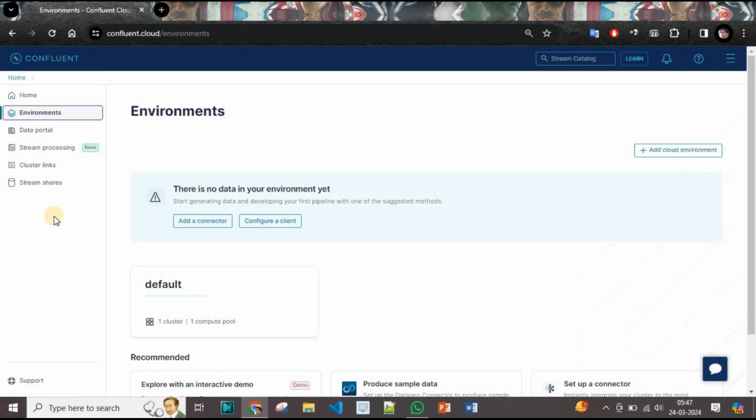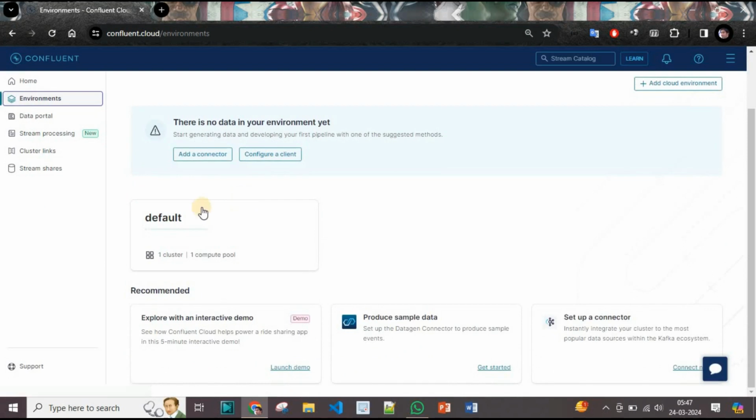In Confluent Cloud, the term environment typically refers to a logical isolation boundary within the platform where you can organize and manage your resources, such as Kafka clusters, connected topics, and other configurations. Environments provide a way to separate different workloads, teams, or use cases. If I go to the environments, I can see a default cluster here. If I go inside the default cluster,